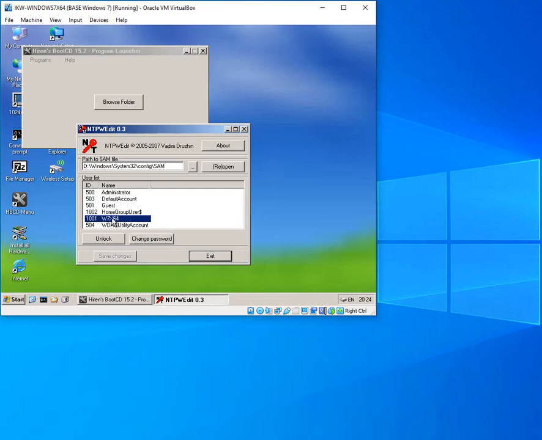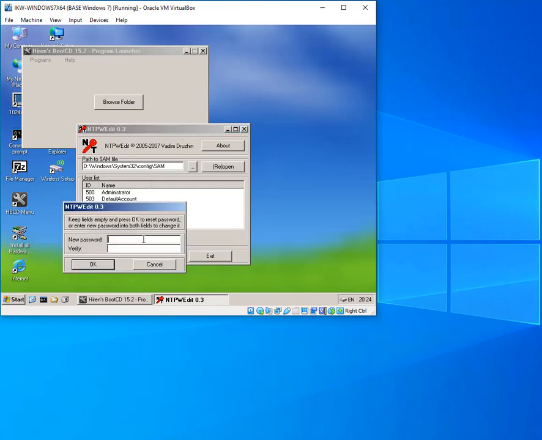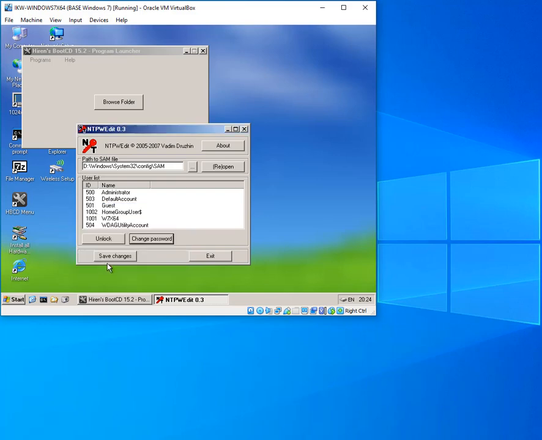I already know that my account was not locked, so I'm not going to hit unlock, but I will hit change password. I'm going to see if it will let me leave it as a blank password. Won't type anything there, won't type anything in verify, hit OK, save changes,